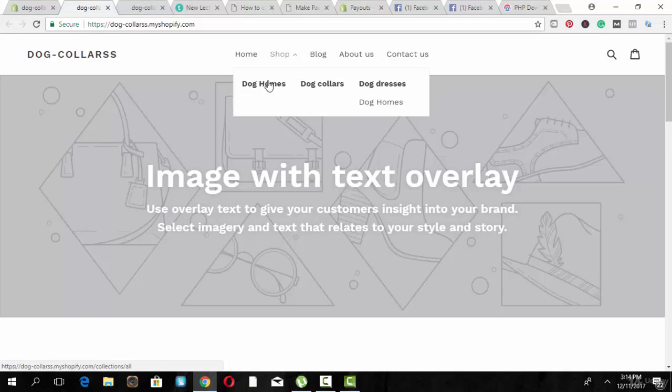It is under the shop. There's three drop downs: dog houses, colors, and dresses. And this is